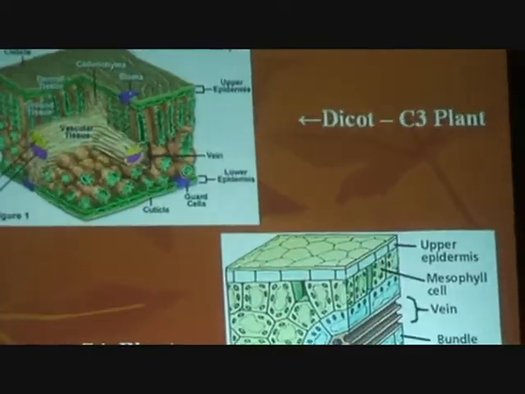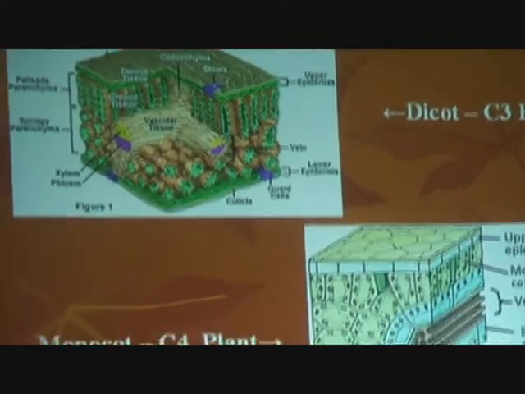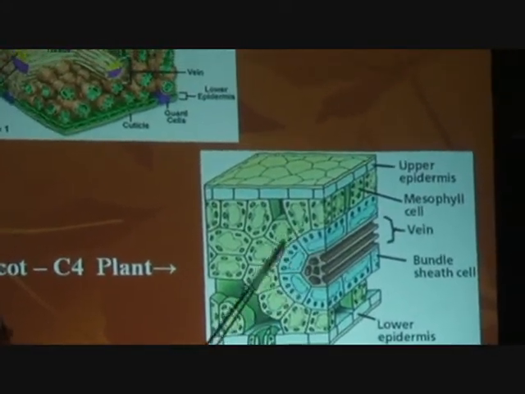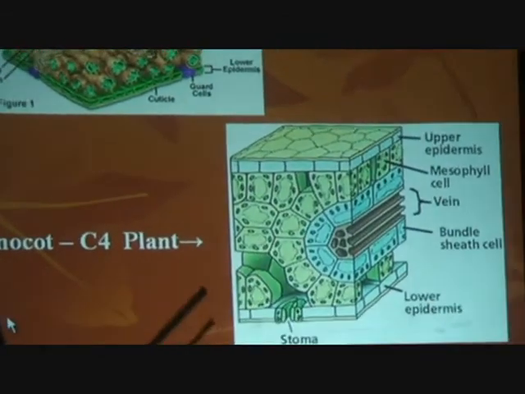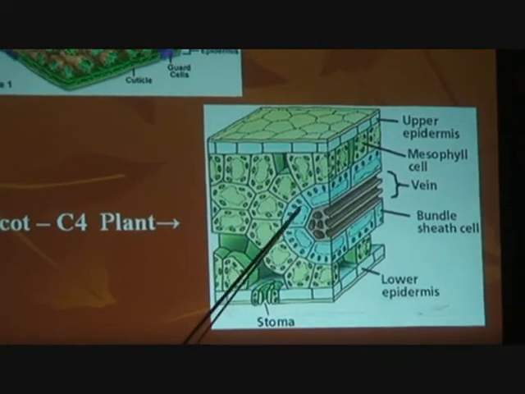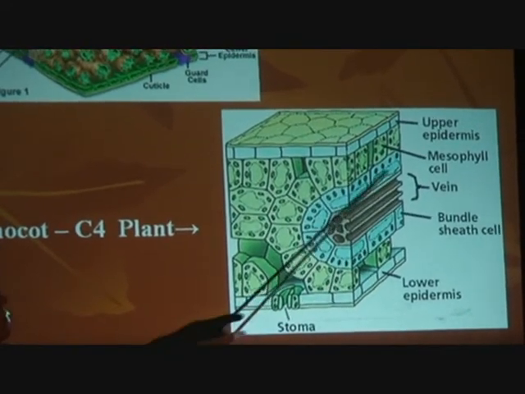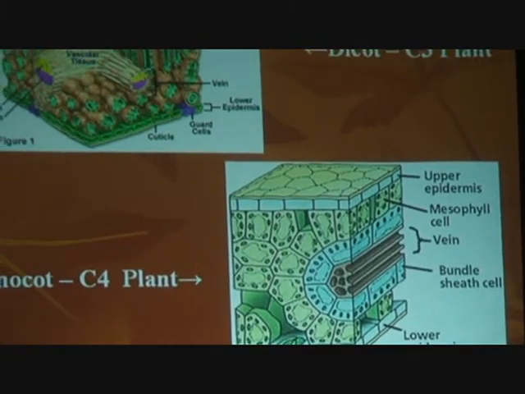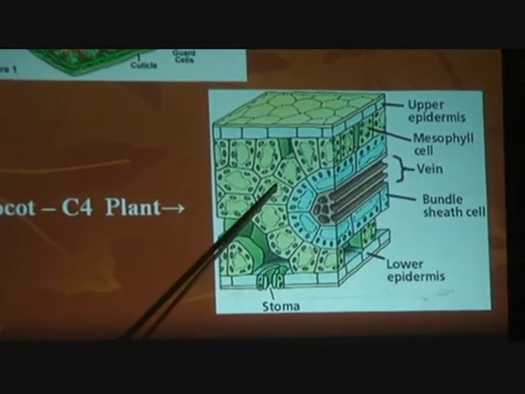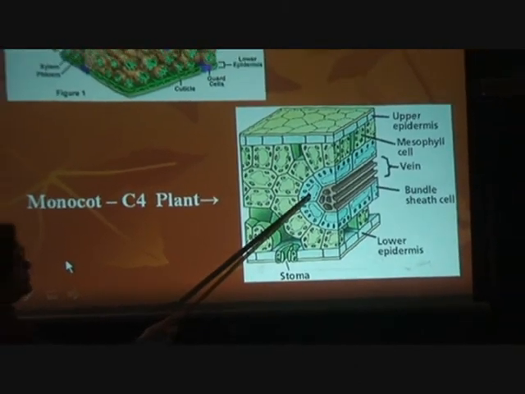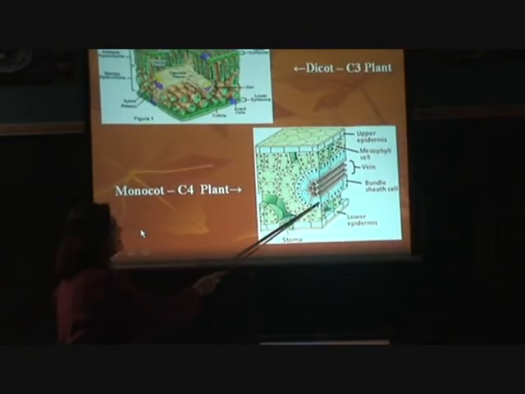This, hopefully you'll recognize, you might not remember it as well, but this is a C4 or monocot. And basically, do you remember the bundle sheath and the mesophyll cells? And the whole adaptation, here's the vein in the middle. So basically, the main photosynthesis takes place in the bundle sheath. Did you remember the whole thing about PEP and PEPCO in the mesophyll cells here? So they're binding up CO2, dropping it off in here where the photosynthesis is happening next to the vein. What's the major disadvantage